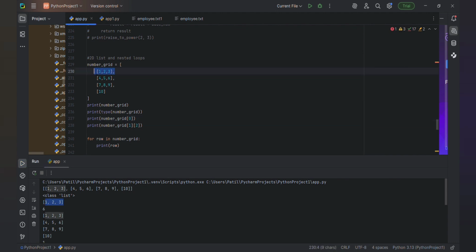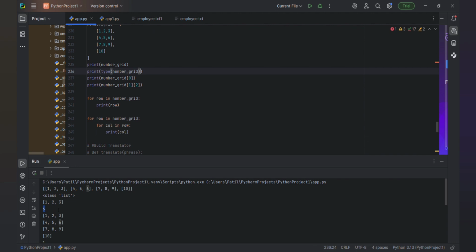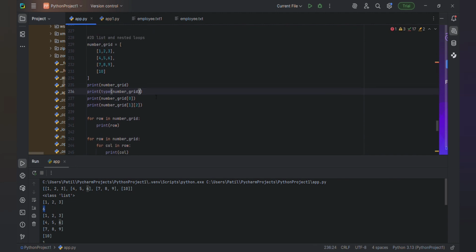This is the first row. And if you want a specific element, from the first row, second column, that is 1 and 2, the element is 6, so it will print 6. Yeah, this is all about the two-dimensional list.